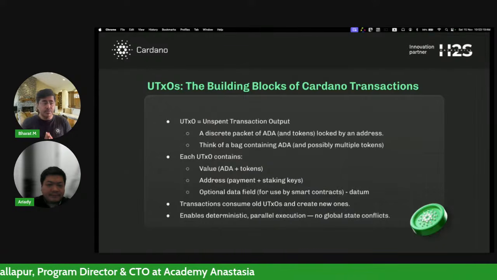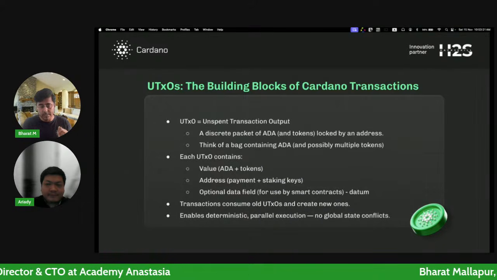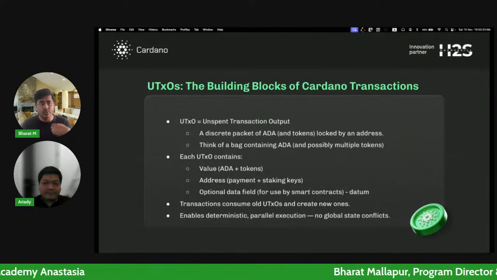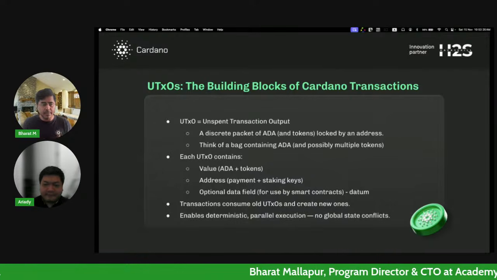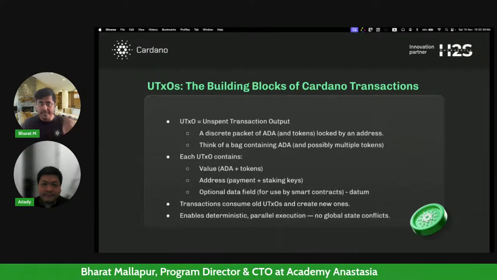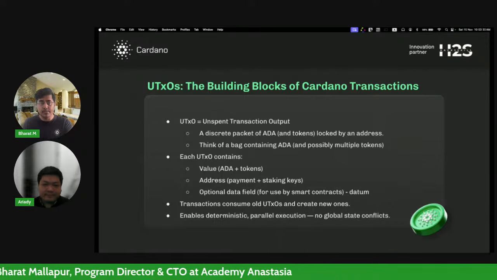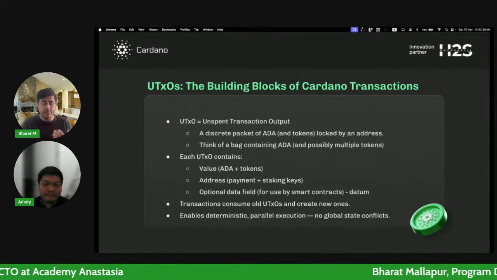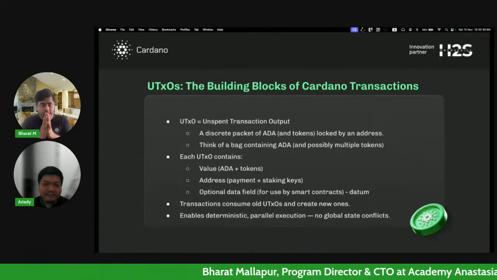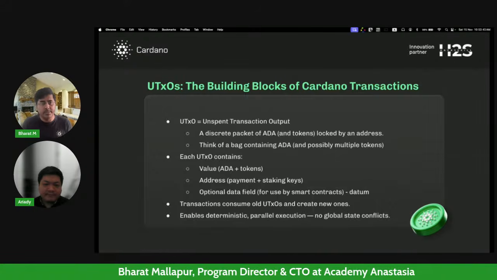So this is a part of the security model of Bitcoin, which has been inherited by Cardano, right? And basically this means you have determinism, in the sense that whenever you do a transaction, you are guaranteed to get the money back. For example, in a store, I can give the money, and if the storekeeper says, no, you gave me only 10 rupees, then I would have to argue with him and find some way to get back that money. But in this particular case, it is deterministic, because I will create the transaction.